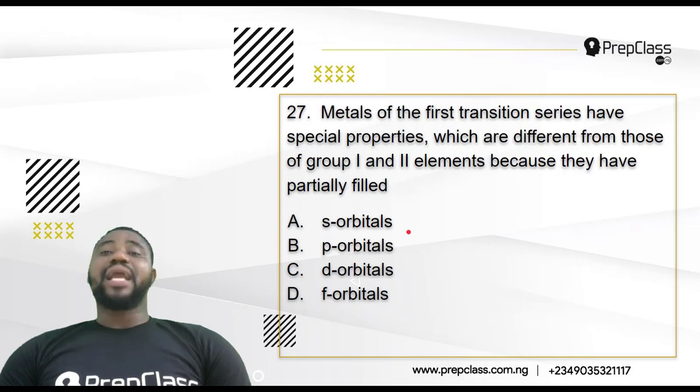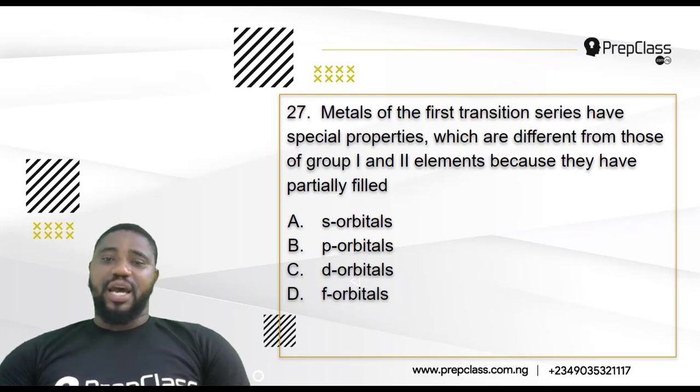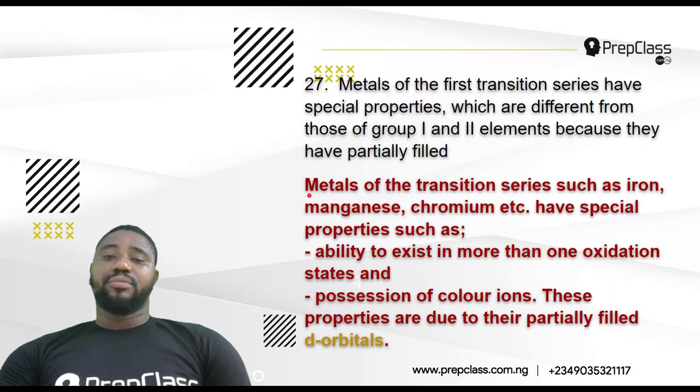27. Metals of the first transition series have special properties which are different from those of group 1 and group 2 elements because they have partially filled, is it s orbitals, p orbitals, d orbitals, or f orbitals? Now, I said that metals of the transition series such as iron,